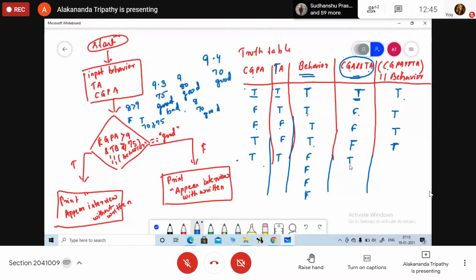Here the value will be true. Then false, true, here the value will be True. Now again I will come to this part. Here my behavior is bad. Again check. False, true. So false, true, here what will be the value? False. And false here what will be the value? False. Now again go with this one.